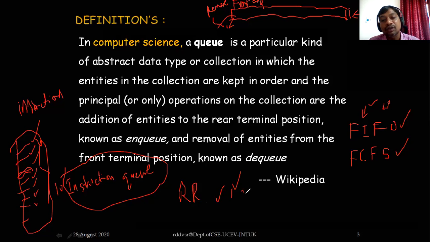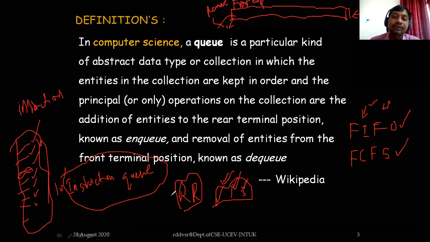Again it will go for the third job and apply the same quantum of time. Once it is done, it will come back to the first job again, then the second job, applying the same quantum of time, like that. This is what we call round robin. If you want to trace the jobs in the round robin method, they must be put into a queue, a round robin queue.